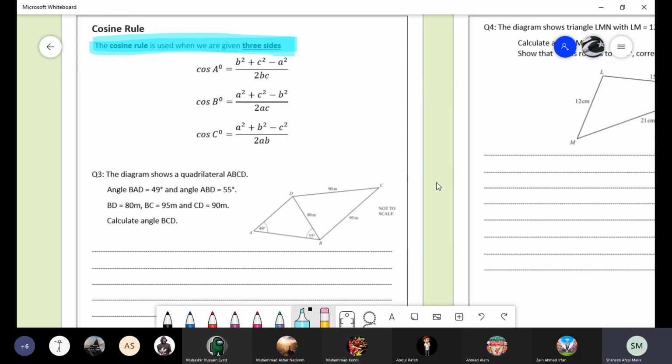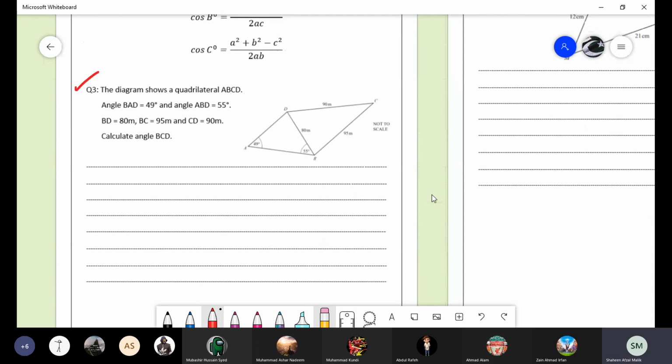How will you do this? Who wants to do question 3? Huzafa is here. Yes, Huzafa? No. Then who is next? Abdul Rahman. Can I do? No, Zain, you already have done. Abdul Rahman. Ahmed Siddiqui.